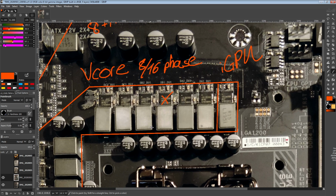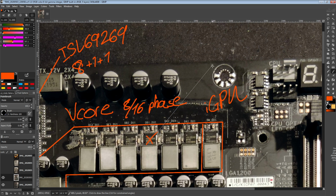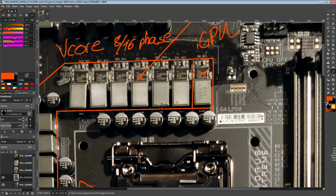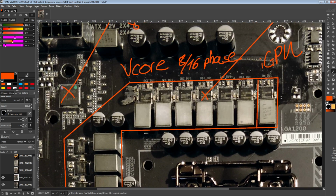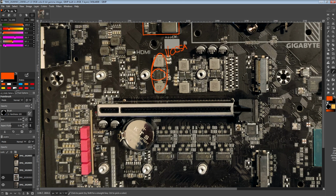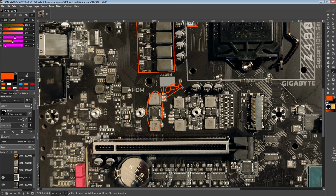power stages, right? And for these, Gigabyte is, of course, using the very best that Intersil has to offer, and that is the ISL99390. These are 90 amp smart power stages, and they are using them absolutely everywhere. You've got one in iGPU, then of course every single phase in vCore has one of them as well, and then VCCSA has another one as well. So VCCSA is extremely overkill on this motherboard because you've got a 90 amp smart power stage for a rail that,